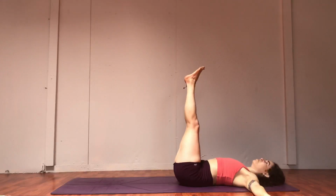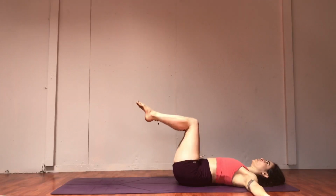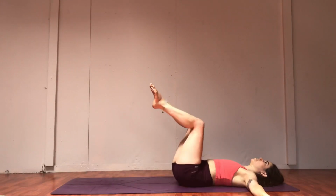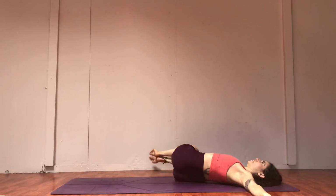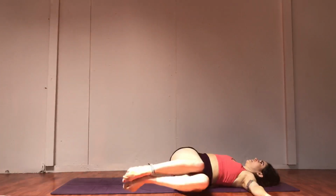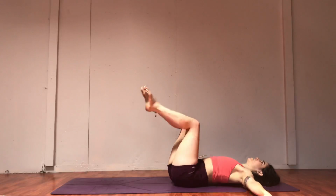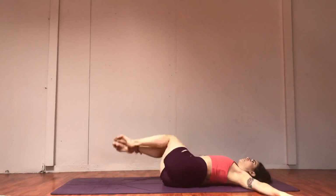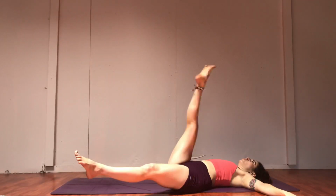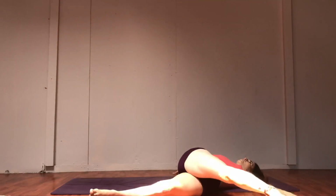Take a T position, bring the knees back to 90, we'll build. Knee drops, drive up, knee drops, exhale, peel up, knee drops, exhale, peel up. All right, knee drops. All right, now we're gonna split the legs and we're gonna try to bring that toe